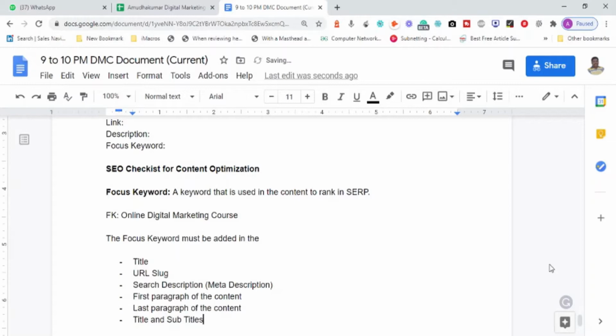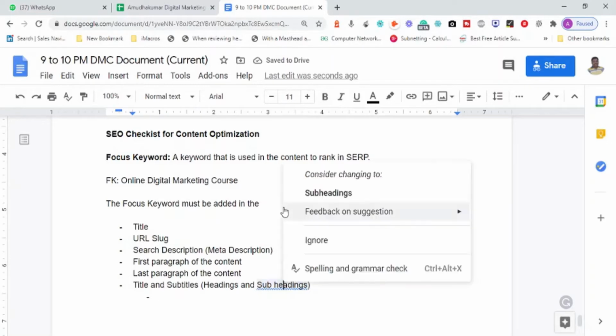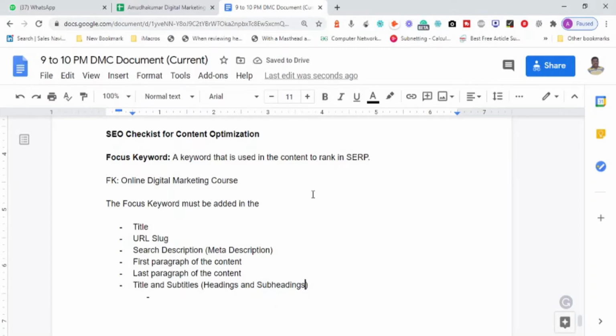Titles are segmented with several options. We can call them headings, titles and subtitles, or headings and subheadings. This is for the people who are visiting the website. For machines, these headings are called header tags. In HTML language, don't worry about the HTML language, we are not going to dive deep into it. In HTML, this is basically called heading one.